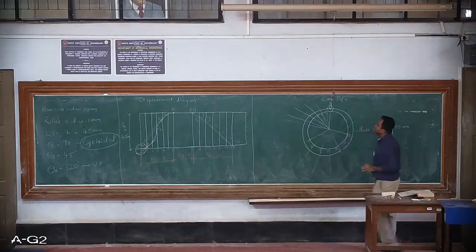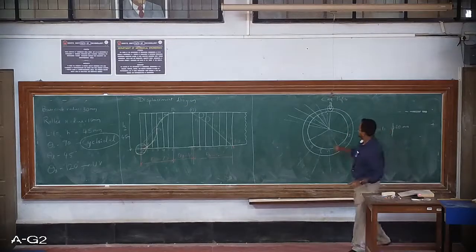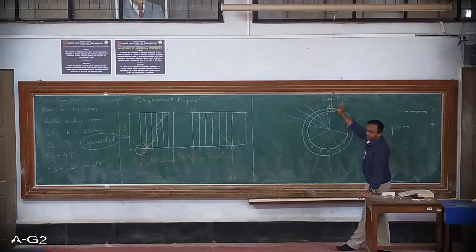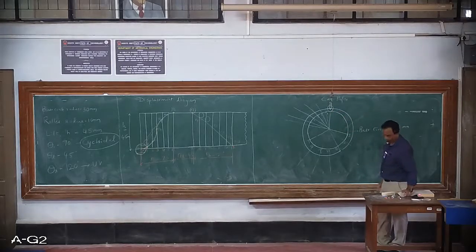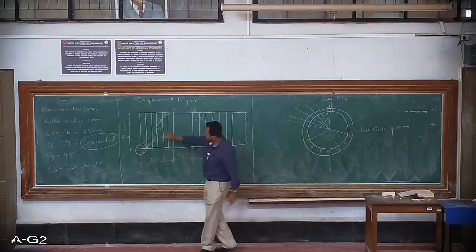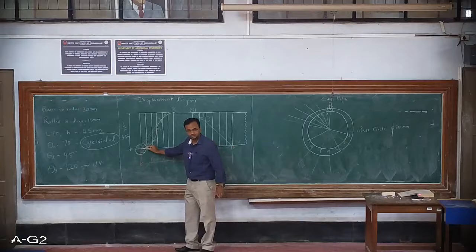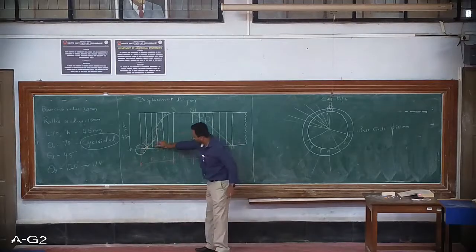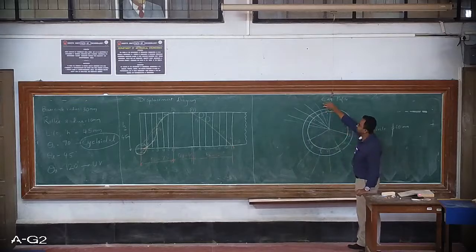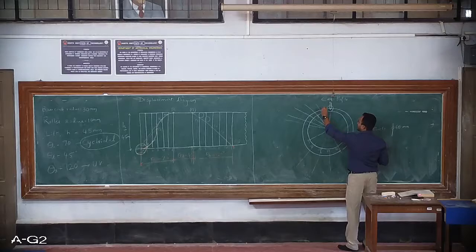Okay. I have drawn an additional circle whose radius is 40 mm, that is 30 plus 10 mm of the roller. Now I will measure the distance P1 from point 1 and I'll set the compass for this particular distance and I'll cut the arc, not starting from the base circle but starting from the new circle. Okay. So when you cut the arc, I'll just name this as T1 now.